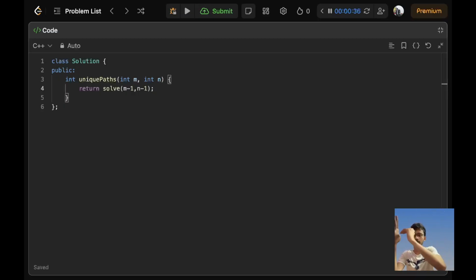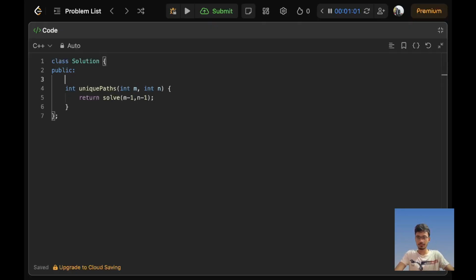From a position, if you come from the top to here, then that would be down or left. If you are from here, at m-1 n-1, and you move to 0 0, then it would be up and left. Those are the moves. Got it? So now in solve, let's say int i and int j,